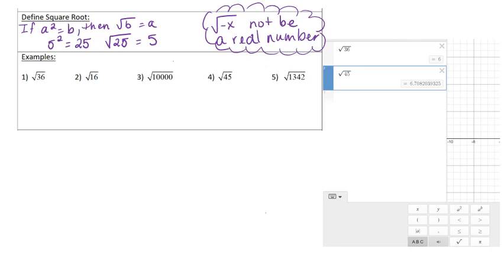So there'll be a time in Algebra 2 when you are going to talk about negative square roots, and they're going to be imaginary numbers. And you're going to do lots of math with it, and it's a huge section of mathematics talking about negative